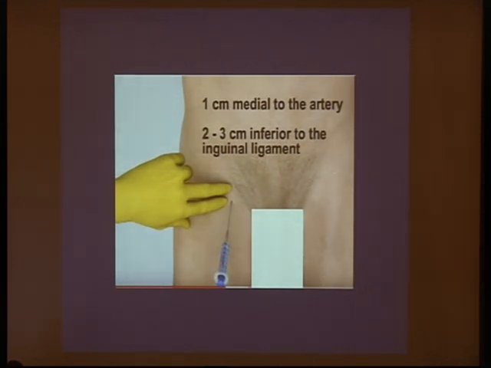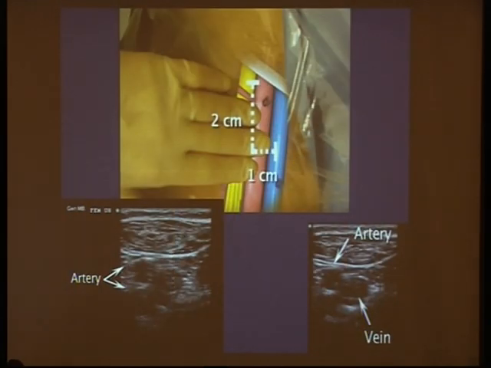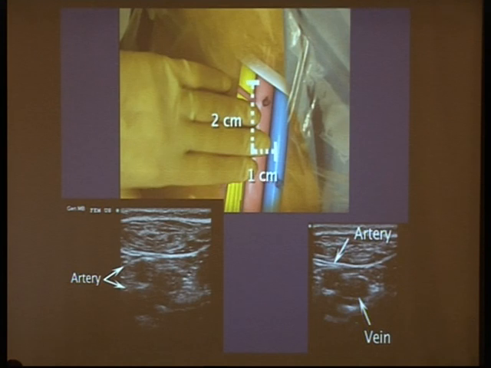So the traditional blind femoral technique is to go 2 to 3 centimeters inferior to the inguinal ligament and one centimeter medial to avoid the artery. So femoral vein is medial to the artery, while internal jugular vein is lateral to the artery. However, using ultrasound technique,